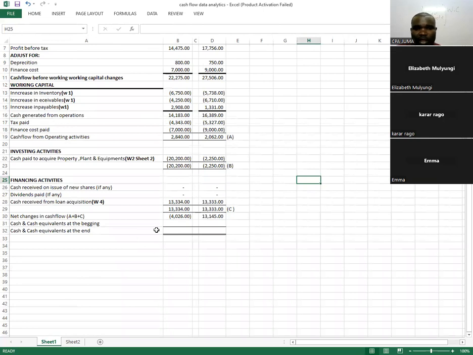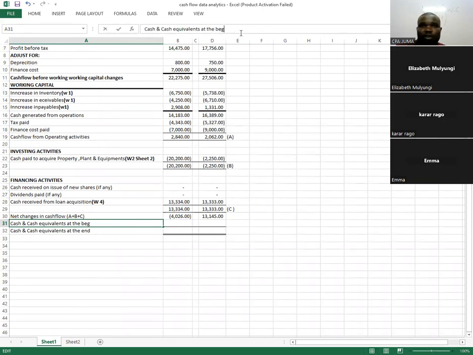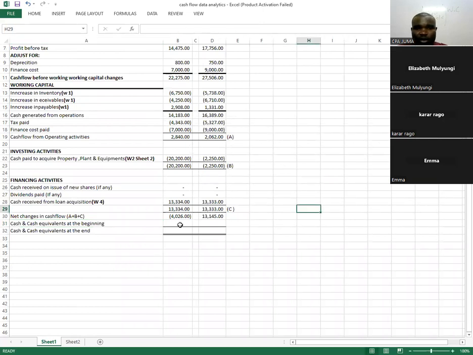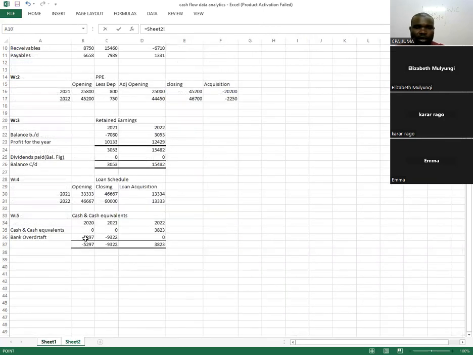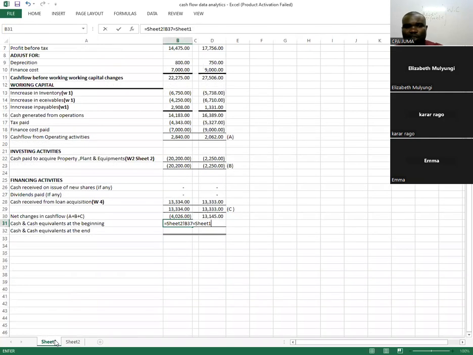You come here, beginning. Beginning is spelled with a double N. So equals to, you go here, you take beginning, this one, also you say equals to, we delete,